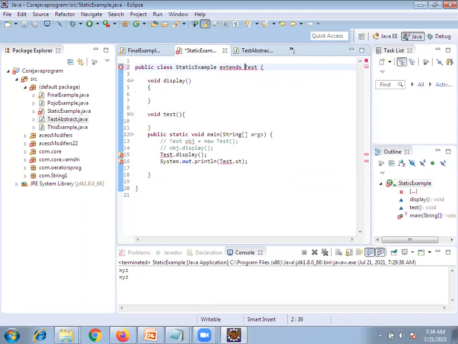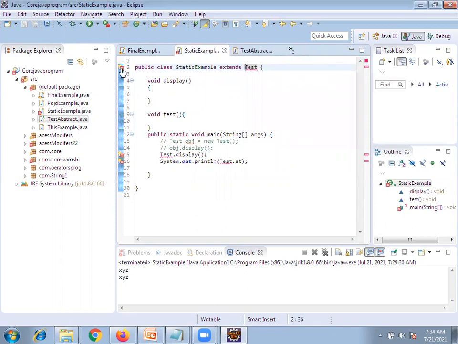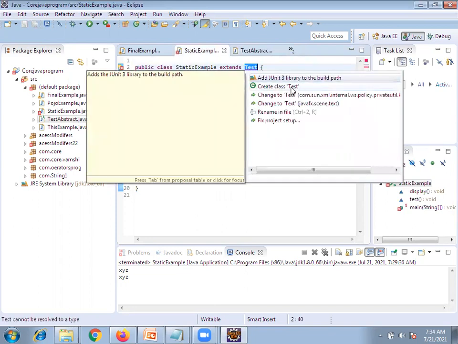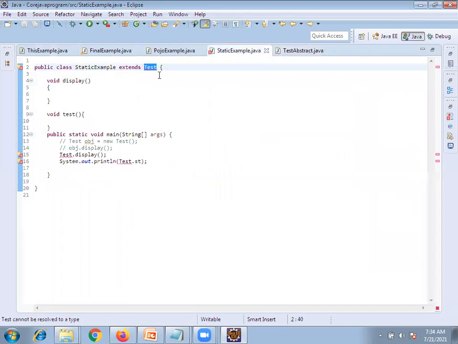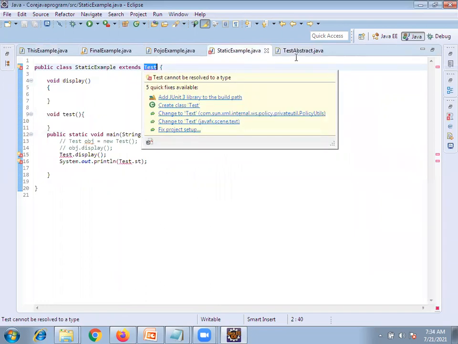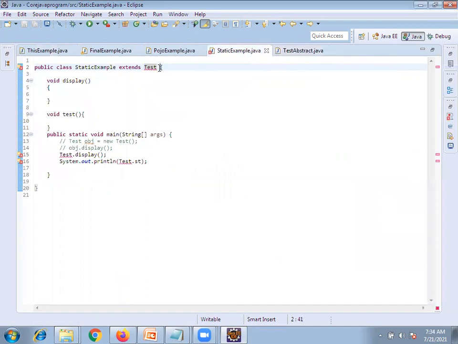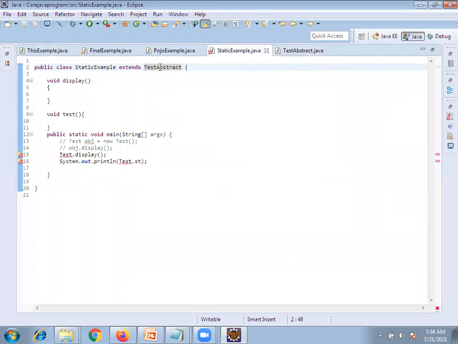What am I doing now? I am trying to create one abstract class and use it in another class, which is StaticExample. Got it, right?